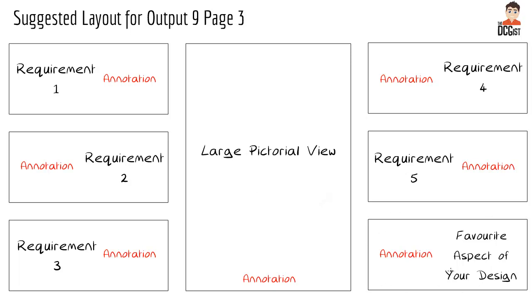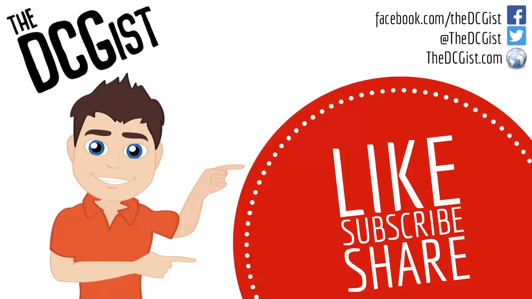Then down here in the bottom right, I have the favorite aspect of the design. And that is just to show off what you're really proud of with your design if it doesn't actually fit into one of those 5 requirements. It might be the shape, it could be the size, it might be something you really like about it, and put it in there and say why exactly you chose it and why it's your favorite part in the annotation part of that image. That brings us to the end of this video on Output 9